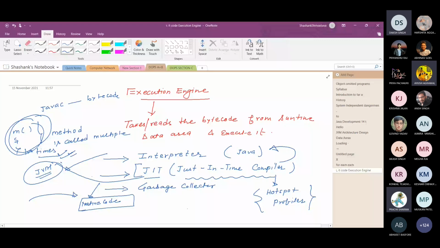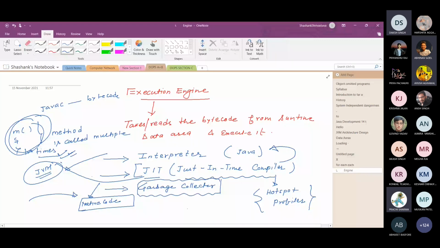Sir, does this just-in-time compiler convert the whole code into native code, or just the part which is repeated several times? Just the part of the code which is repeated several times, not the whole code.